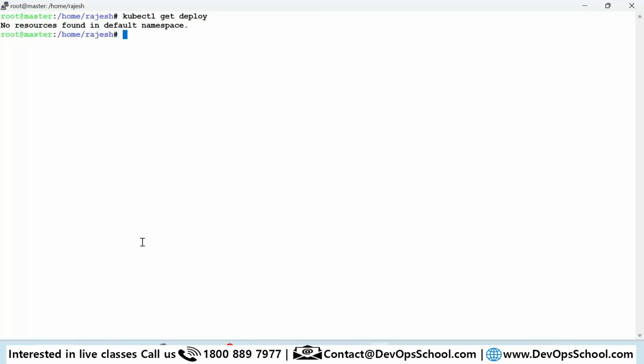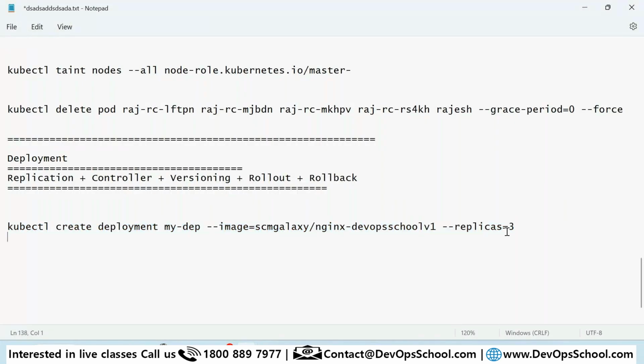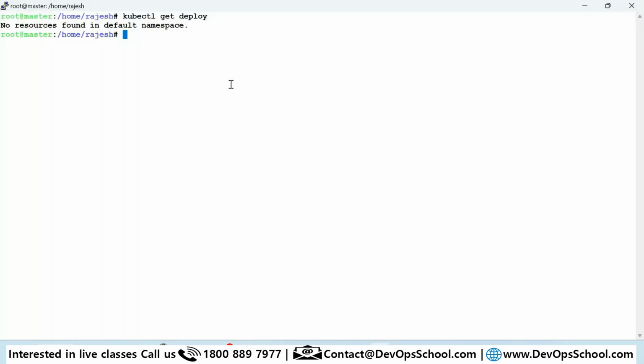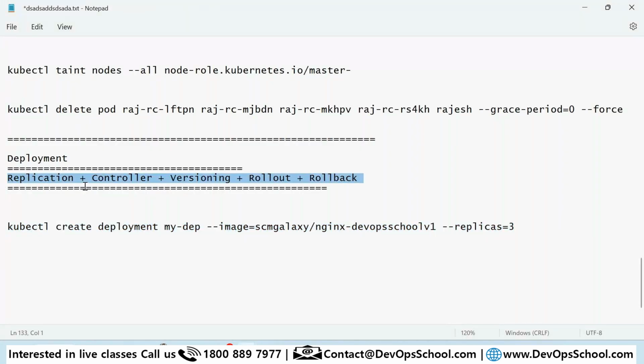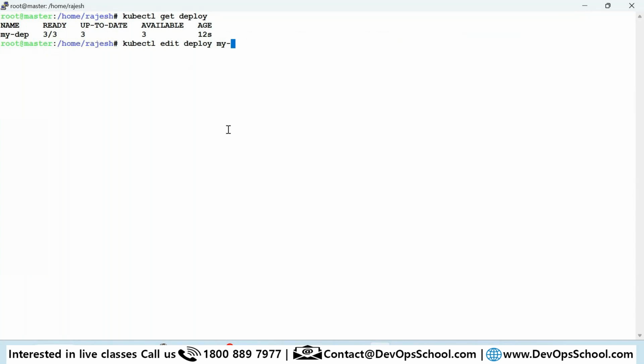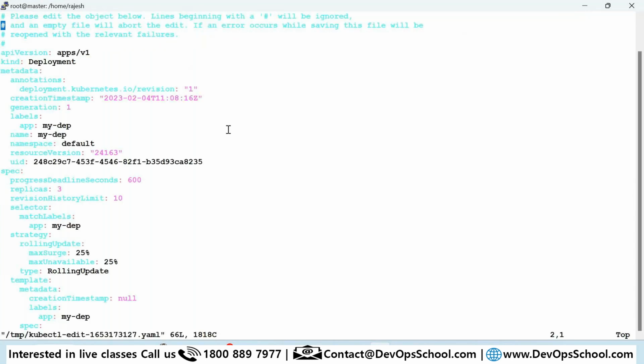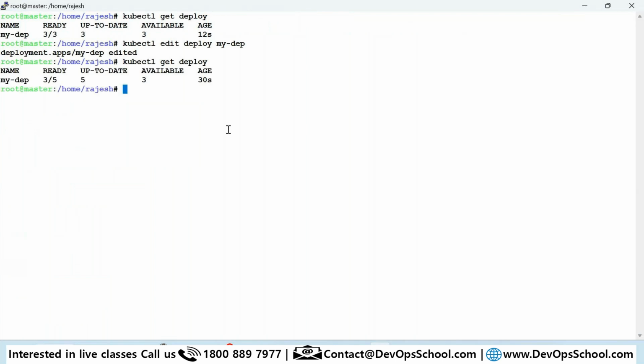Yeah. So here I was trying to create my command. I searched for this command here and then created a deploy. I did not have a deploy, and I got a deploy with the 3 pods. I told you they have multiple features like replication. So here, 3 pods you have. Can I go and edit? So edit deploy. What is the name of it? My hyphen deploy. Enter. So how many pods do you want? Let's say I want 5 pods. So here, 5, you have 5 pods now. So this is the replication feature.